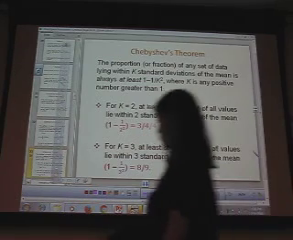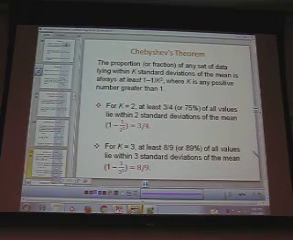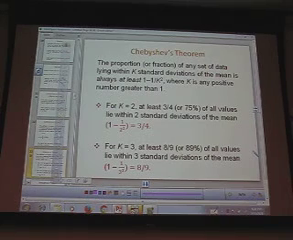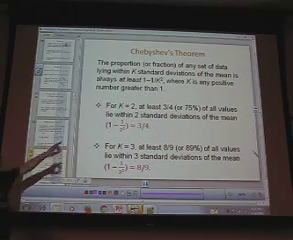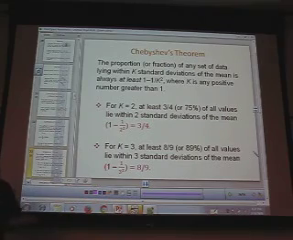The proportion or fraction of any set of data lying within k standard deviations of the mean is always at least 1 minus 1 divided by k squared, where k is any positive number greater than 1. For k equals 2, at least 3/4 or 75% of all values lie within 2 standard deviations of the mean. Right? So in other words, when we're talking about 2 standard deviations, k is 2, then you